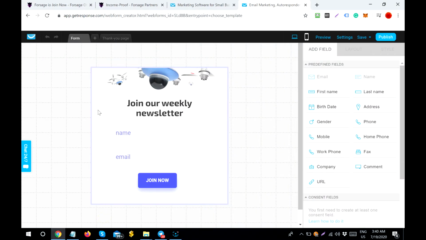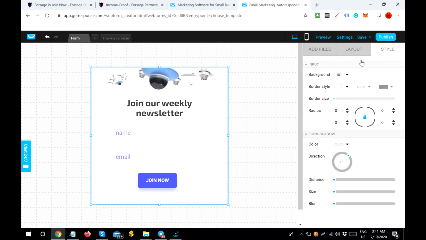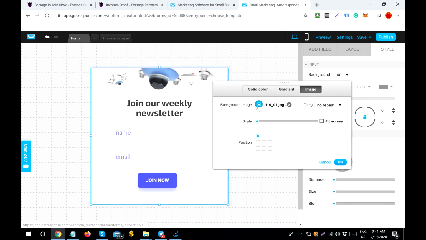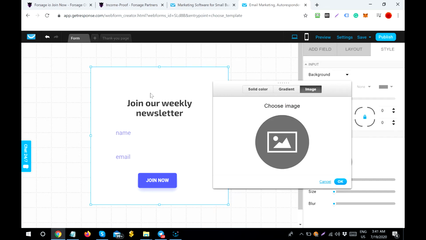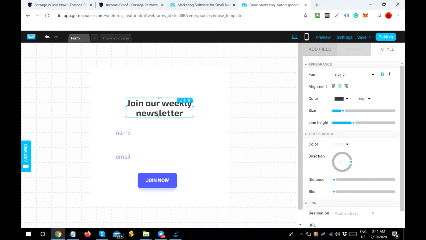So now we are on the page where we have an option to edit this form. To edit this, it's very simple. All you need to do is click on it and go to the style, and the first thing we will do is remove this picture from the top. So we'll go to the background image and click on it, and just cancel it. The background is gone, and you can click OK. We also don't need this because we already have it on the website. We just select it and choose the delete tab from here.